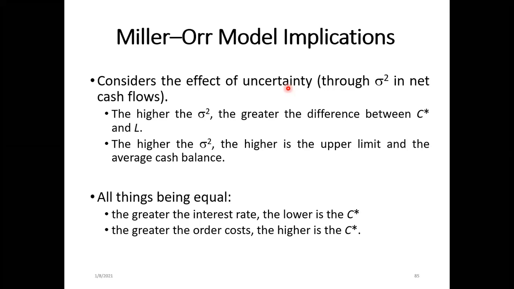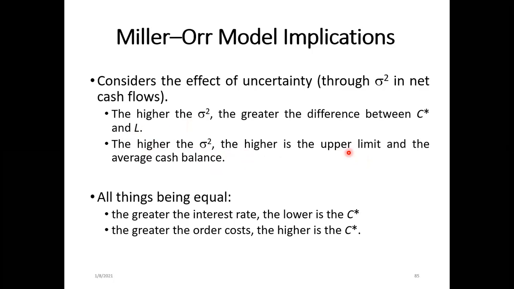The cash balance always fluctuates, right? The higher the standard deviation and variance, the greater the difference between the optimum cash balance and the lower cash balance. And the higher the variance, the higher the upper limit will be, the distance is more,